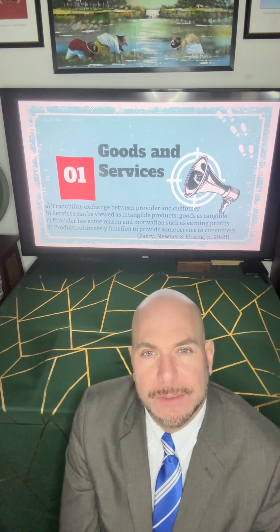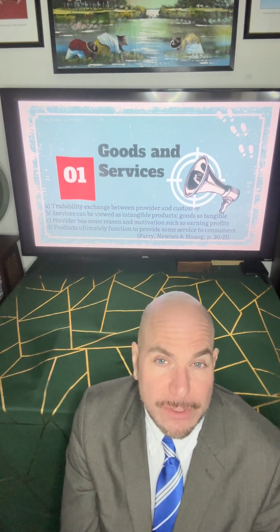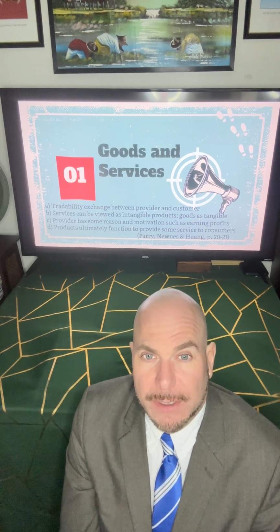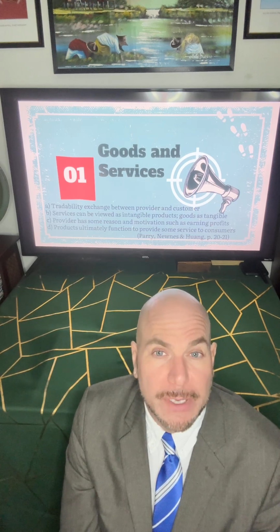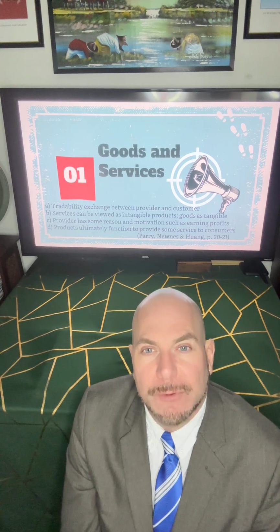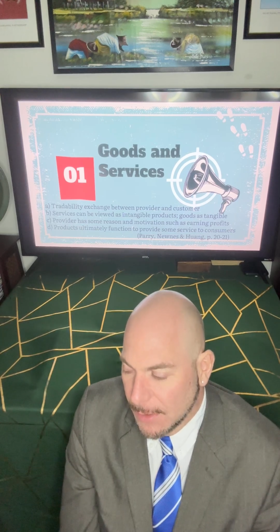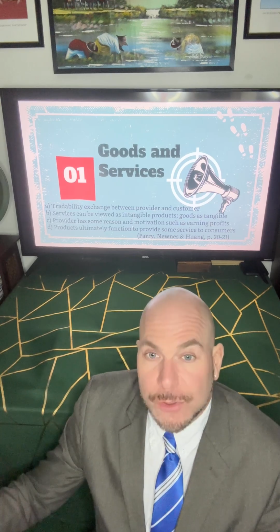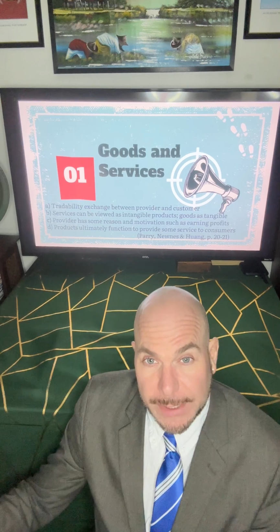You go to the pharmacy and you pick up medication, and that's serving your interest in having good health. You purchase a firearm, exercising your Second Amendment right, and receiving a service of safety. You go out and buy a car, which is a tangible good, and you're receiving the service of freedom of motion to travel. So that's another way of looking at it, just in framing the relationship between goods and services. We'll just refer to goods and specifically public goods as it comes up as including these tangible and intangible